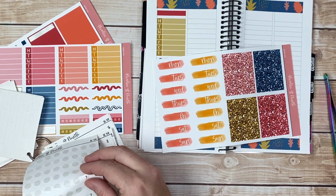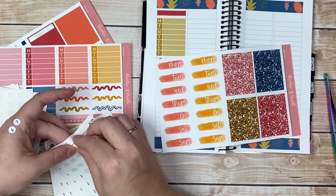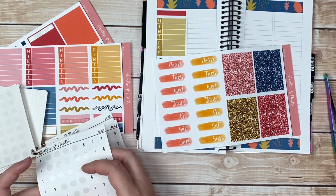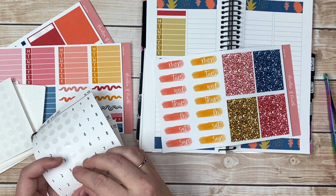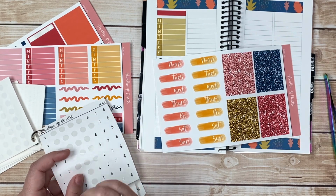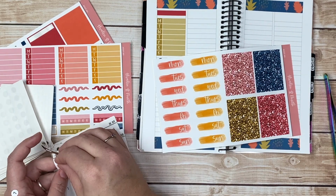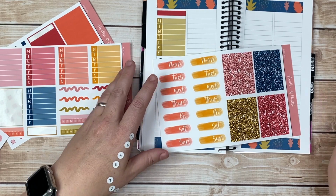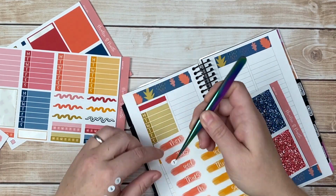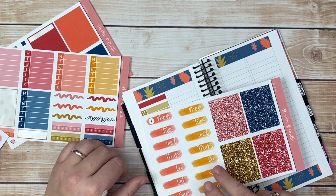That I'm actually excited about. I looked at it and I was like, really? And sure enough, August 1st is a Monday. I'm like, wow, this is just airing in my favor. I'm loving it. I can't believe I'm already planning for August. This is insane. So move my date dots off and we'll get right into this. Okay, so